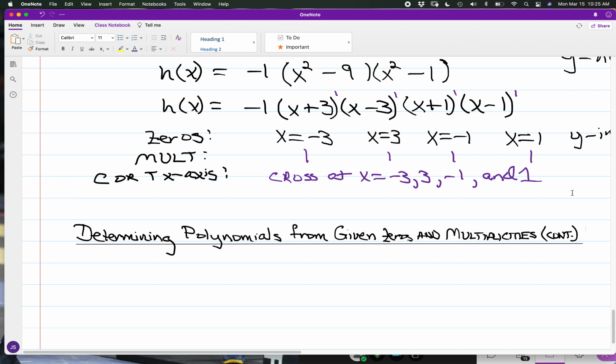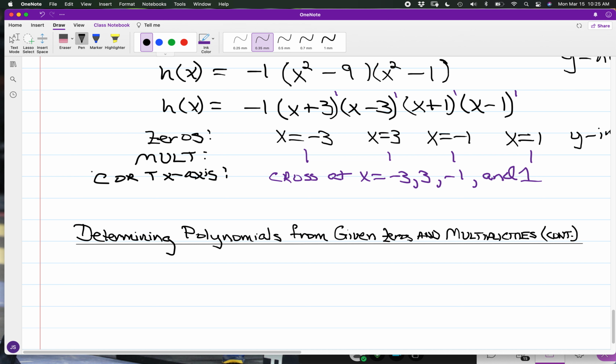Okay, so in continuation, just a couple of items here. If we're looking at determining f of x, and we just say we have an expanded form,